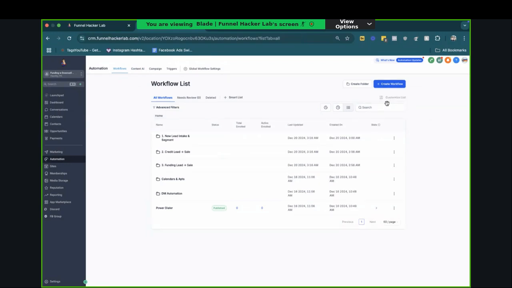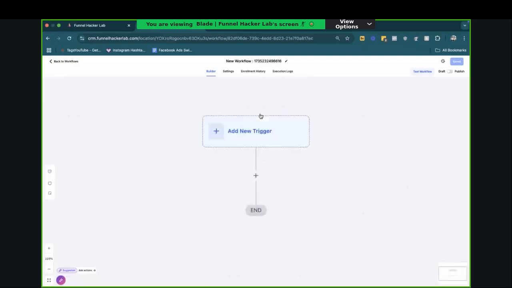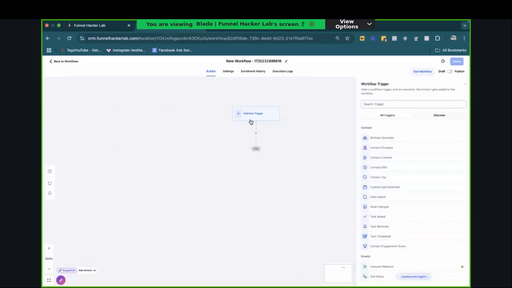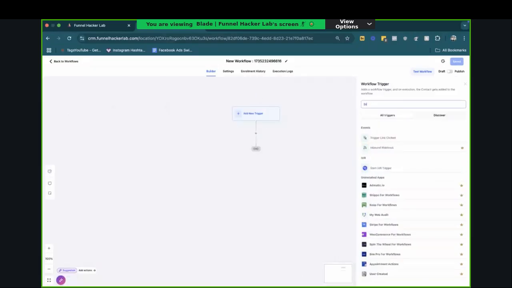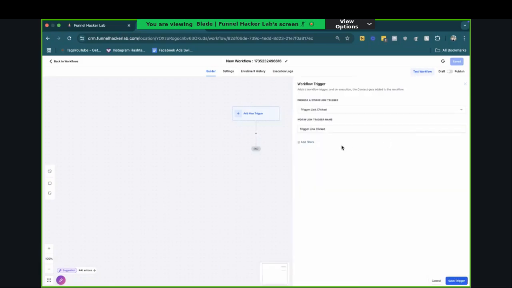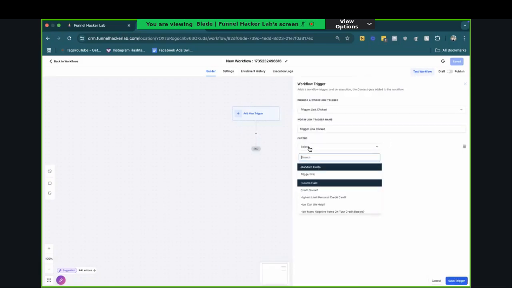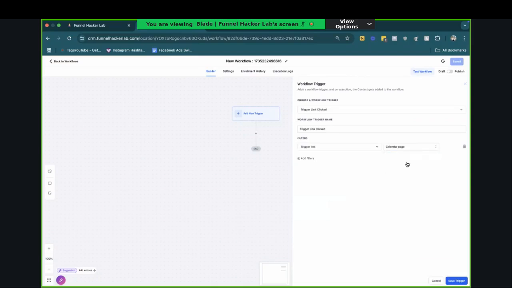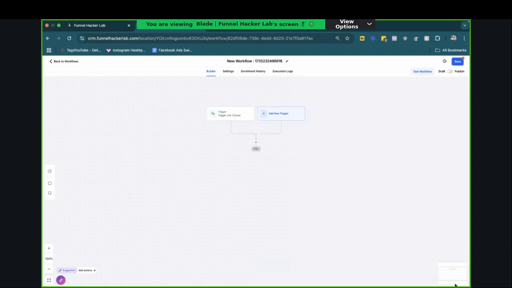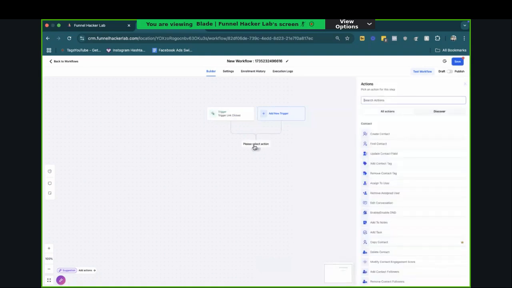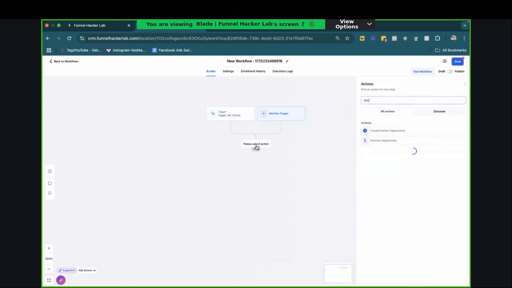Create a new workflow, start from scratch. The first trigger, this over here, is what starts off this entire automation, this entire workflow. So trigger link, we want to make a specific trigger link. We're going to click on this, and do the calendar page over here. But if you don't want to make it specific, keep it general. Save that. And now as soon as somebody actually clicks on that trigger link,